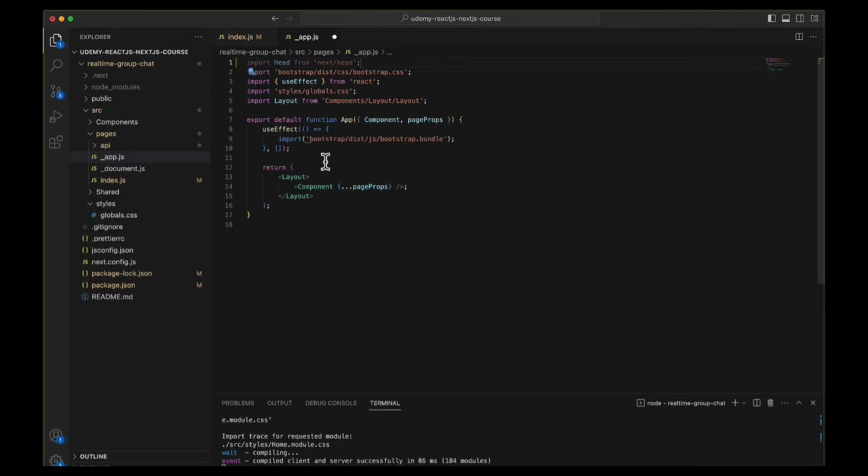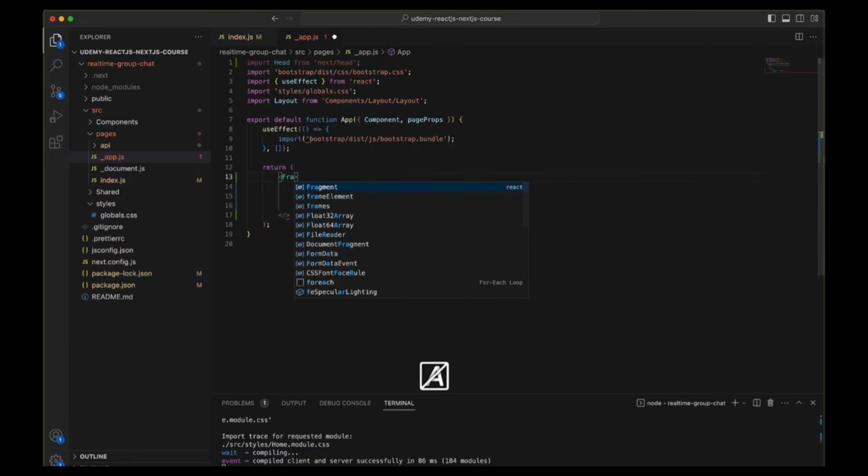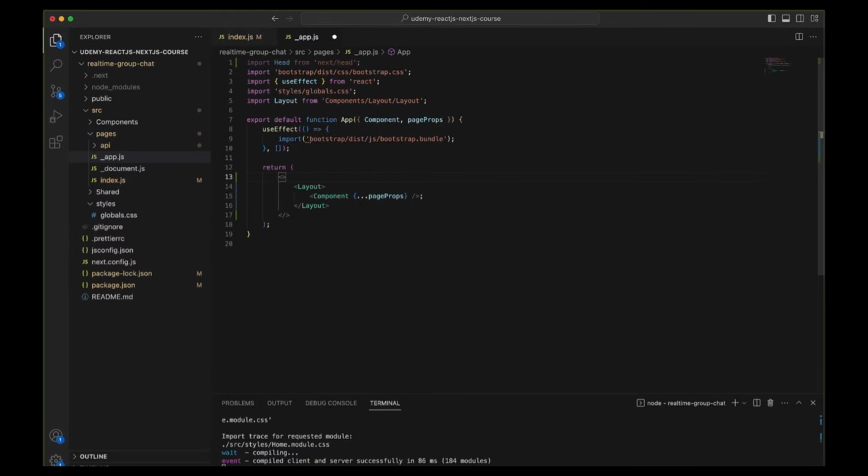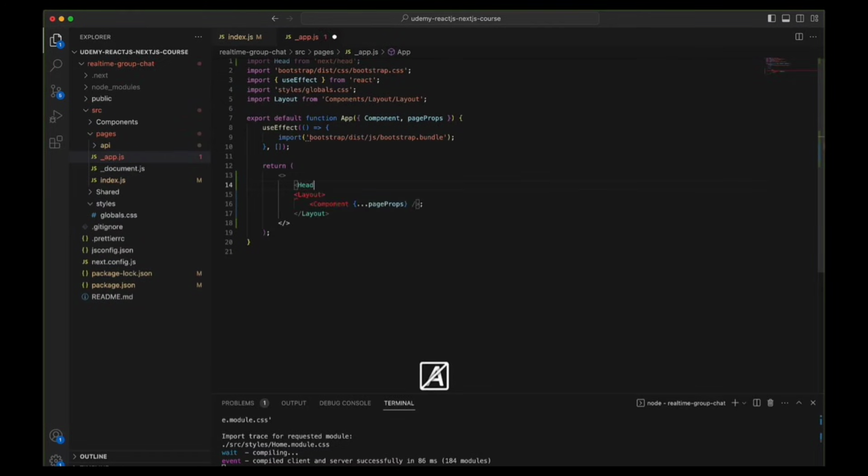Import Head from next/head, and then go to return, and then use a fragment. If you don't know about fragment, it is used to encapsulate more than one component. In React and Next.js, fragments are a higher order component which doesn't return any div or any other element. It's just a container or a placeholder which can encapsulate our child components. So let's do that either by using Fragment in this way, or we can simply use a shortcut method that I mostly prefer and would be using in this course, that is using angular brackets and then closing it. Inside this, go to Head and then close the Head, and here write a meta tag,